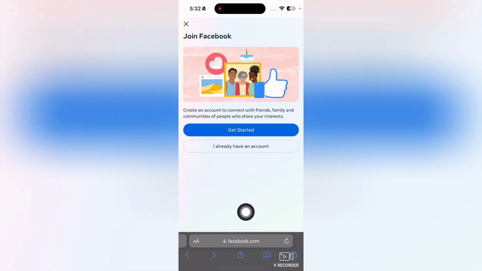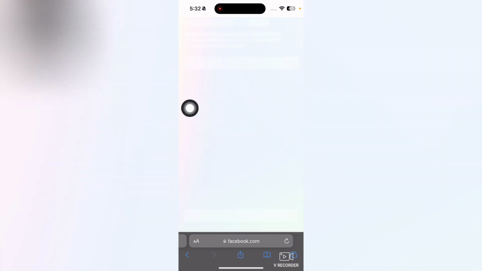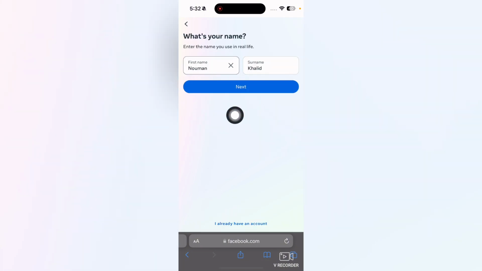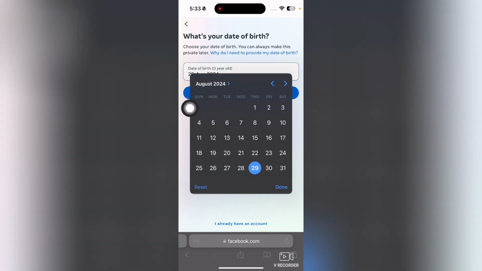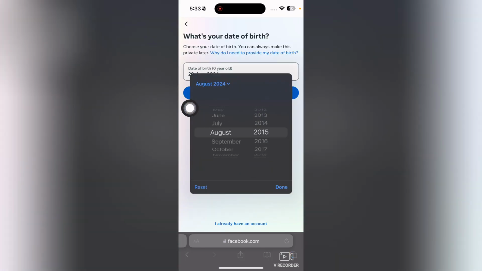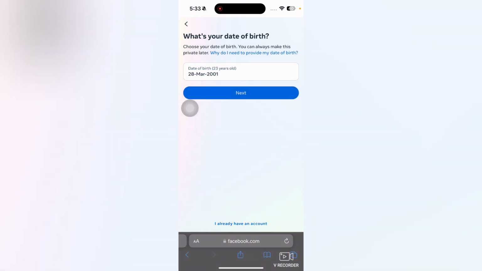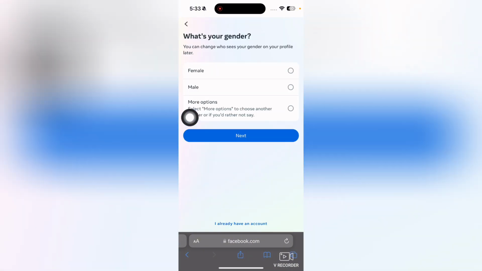So first of all you will go to this website facebook.com, then tap on get started, then add your first name and surname, then basically add your date of birth. So I will basically choose a random date of birth. Okay, so like this one, then tap on next here,